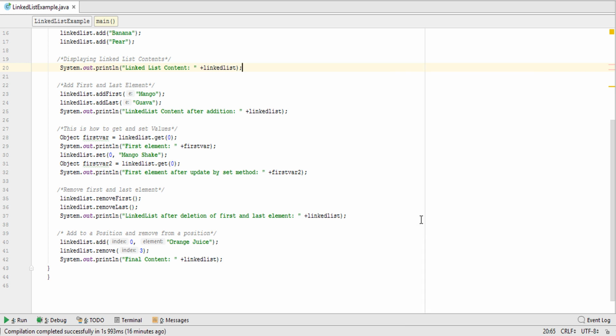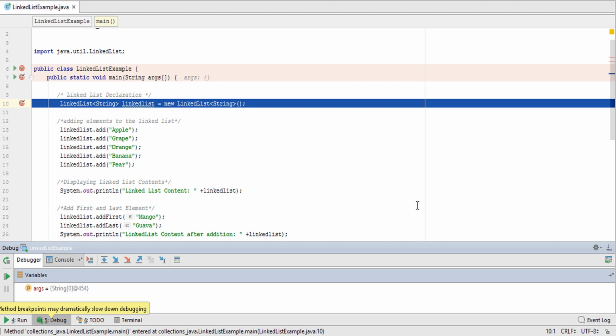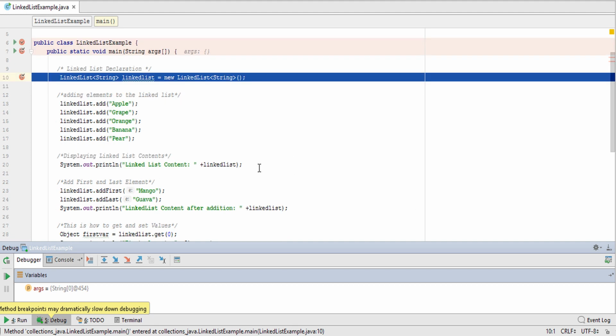So now let's run this program and see how the computer traverses through each and every line, and the exact value held at that line. Let's see dynamically how the linked list grows its size, and how elements are removed, or added at the first and last node, etc. Let's see all this in the code itself.